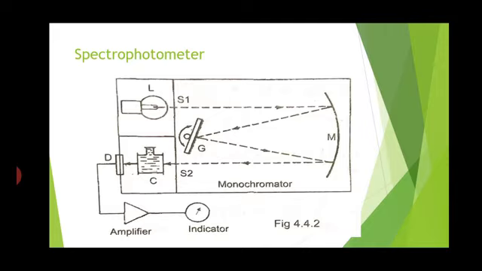Once you adjust the grating, mirror and lens, afterward you can't change that. So at the start you have to select the proper wavelength and adjust both slits S1 and S2 and also the mirror, and under that same setting only you have to get the absorption readings for both solutions.